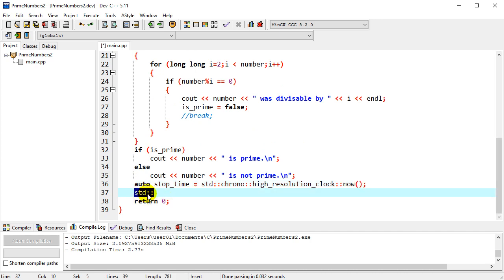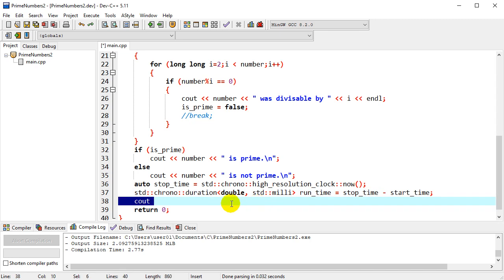So we're going to declare a variable here for duration, and we're going to set it to a double with the resolution as milliseconds, and we're going to call that runtime. Okay, and we're going to set that equal to, and we're going to subtract the two, so we're going to take stop time minus the start time, and that should give us the difference between those two. And then we'll just add an output statement to show that on the screen. So cout, the runtime was, and we'll do runtime.count, okay, is the actual